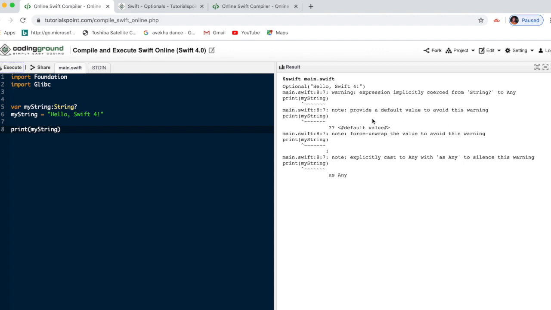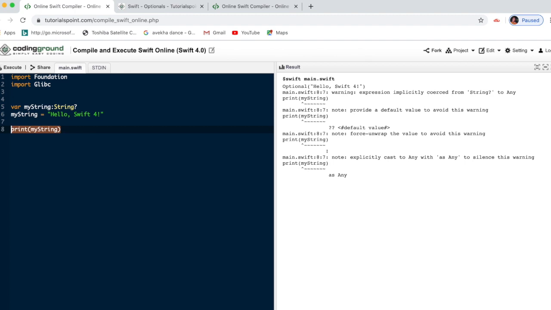Also it says provide a default value to avoid this warning. This is actually not an error, it is a warning, asking us to correct it. The output will be received, but the warning will always show.